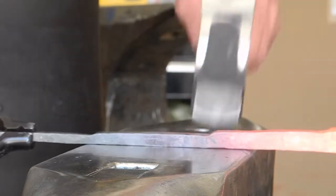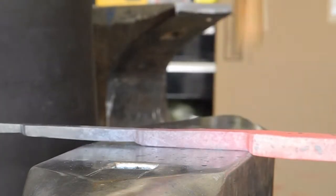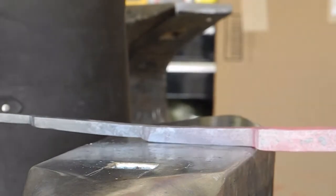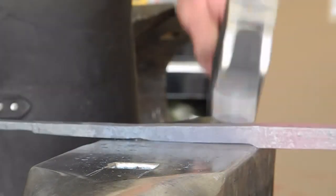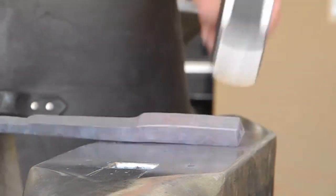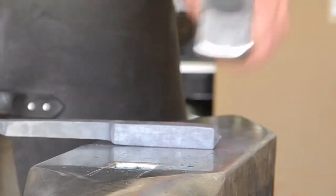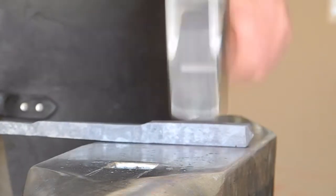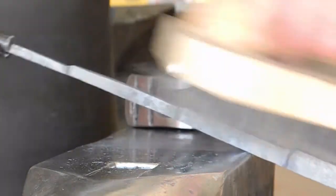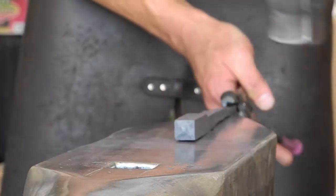Learning how to smith is a long game. It takes lots of time and lots of practice. So projects are good. They're a good way to develop certain techniques, to reinforce the techniques that you've learned. But if you can't hit square, you can't hit consistent, or you hit once with all the force you can muster, and then your second hit, you're barely tapping it, if you can't do a consistent